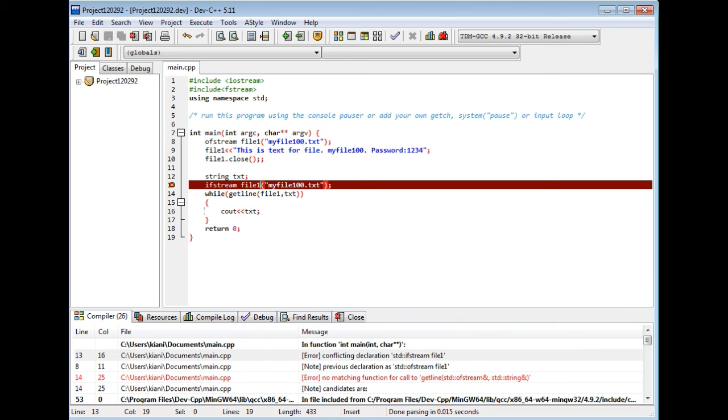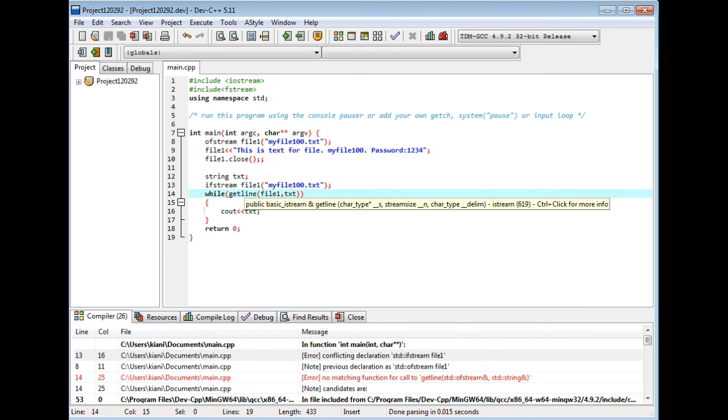No matching function call to getline. Getline is basic string, string size, it is getline.